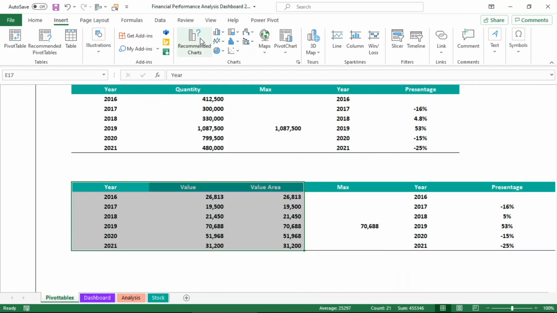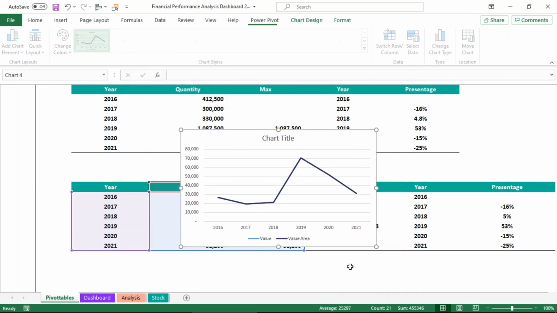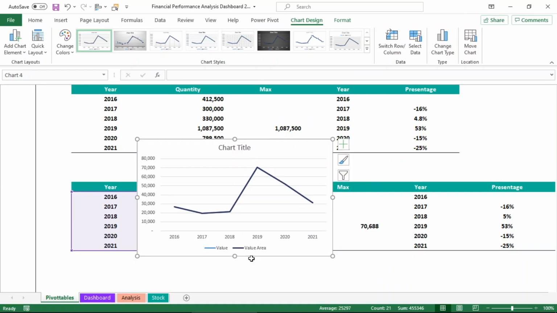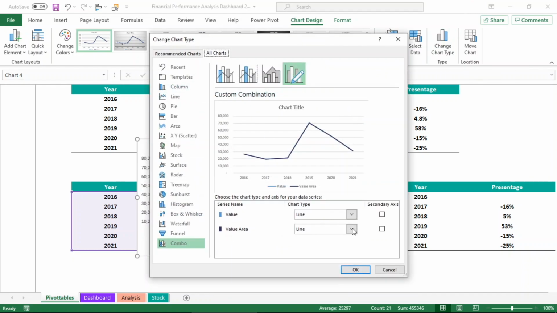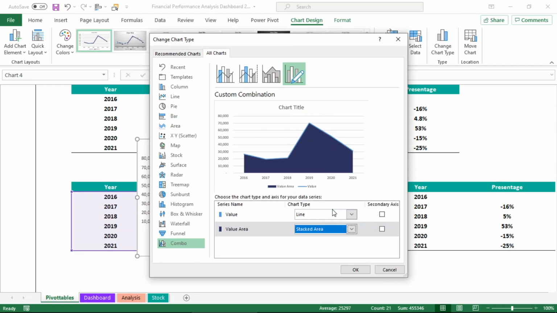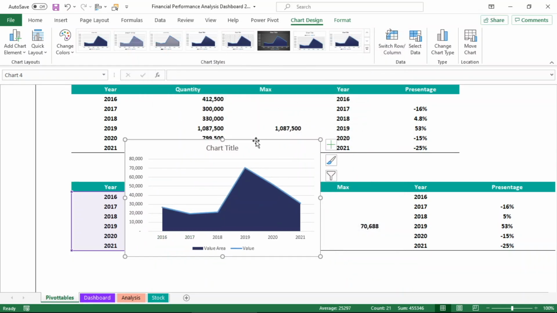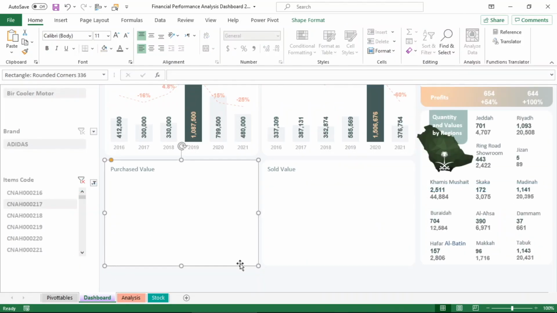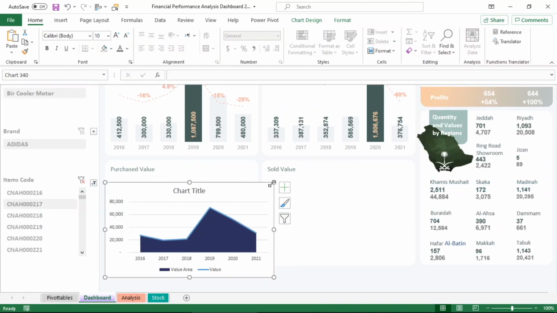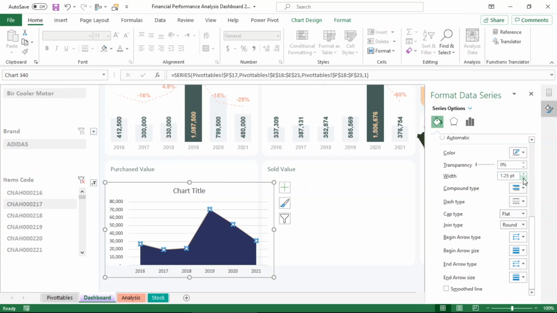The table data, as you can see, contains the value of purchases during the years, but we will repeat the value of purchases in another column because we want to add in the design an area chart plus the line chart to become more beautiful. Delete all elements except the horizontal axis.